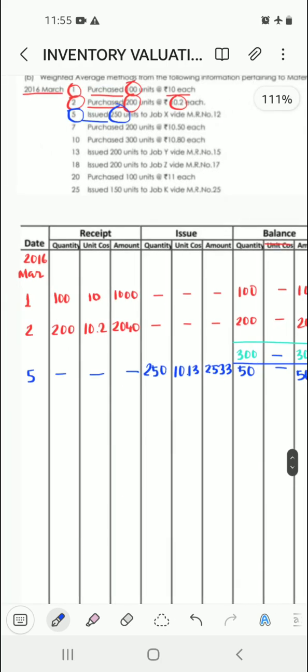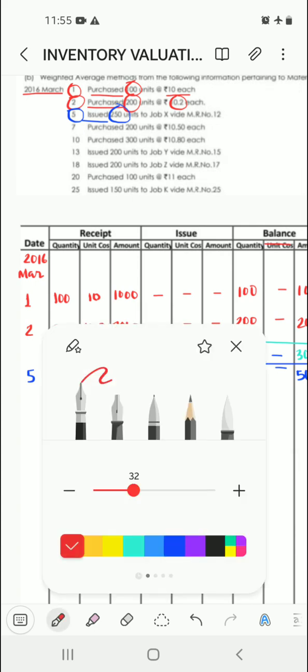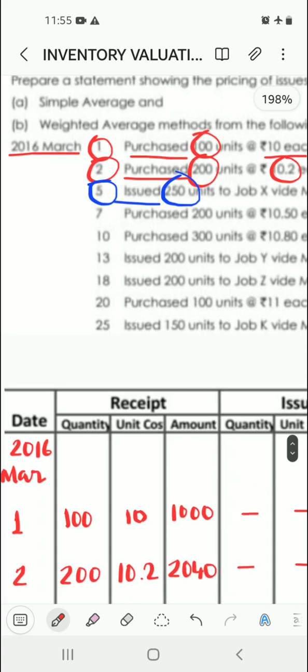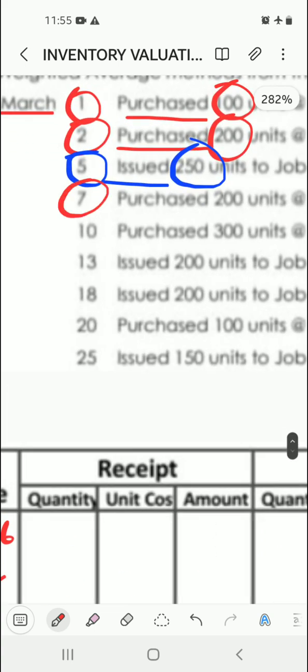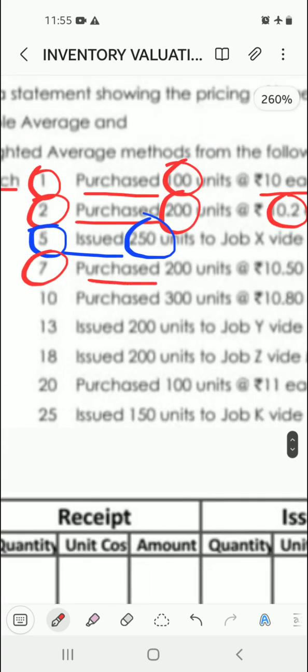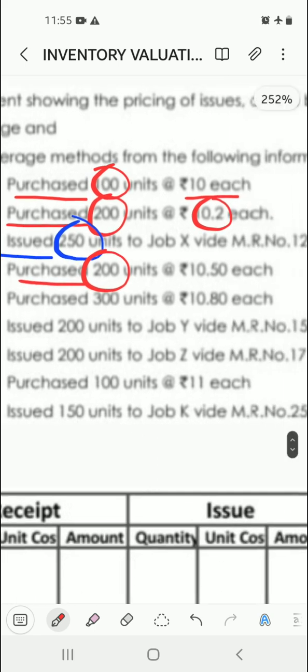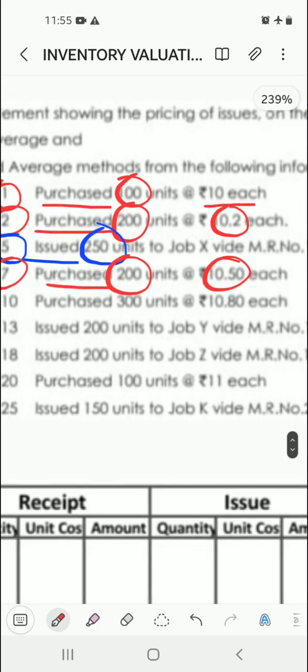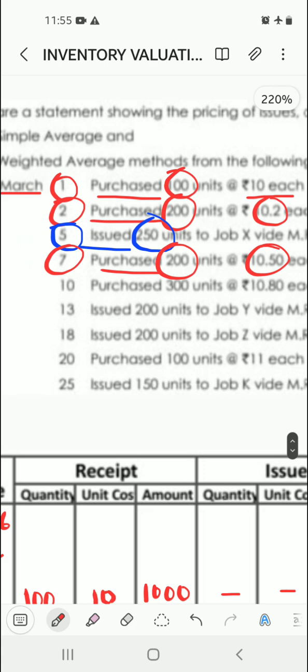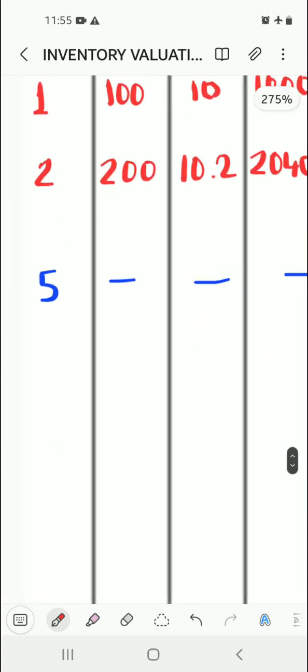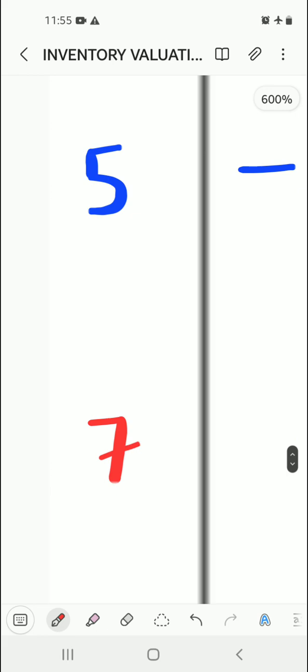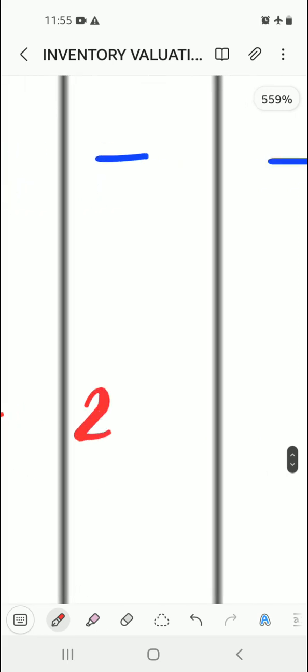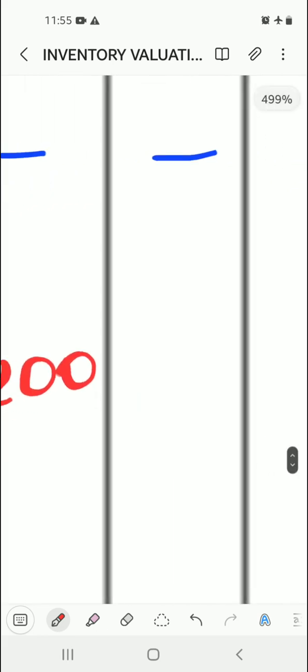That is March 5. Now we're going to move to March 7. There has been a purchase. So purchase 7, using red color for it. Purchase of 200 units, and this time for 10.50 unit cost. Let's record it. March 7, 200 units. This is the purchase column, so we're going to write it over here. The unit price is still 10.50,